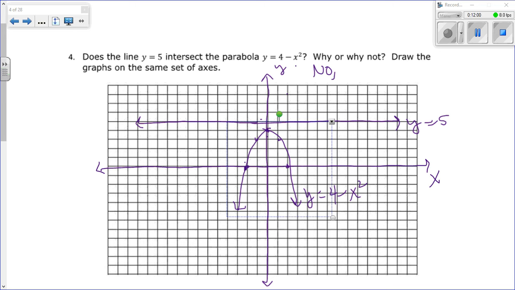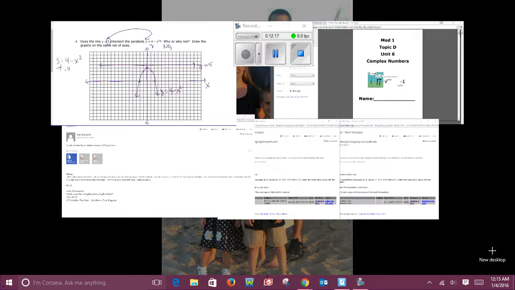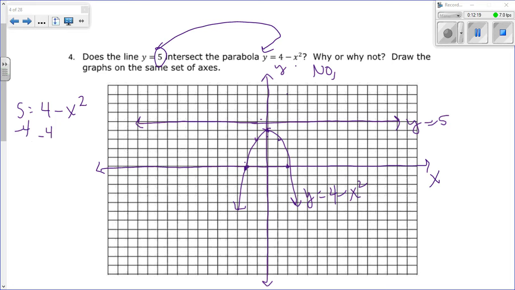and they don't intersect because if I were to solve this algebraically, put a 5 in place of y, I'd say 5 equals 4 minus x squared, so subtract the 4. I'll get 1 equals negative x squared. And